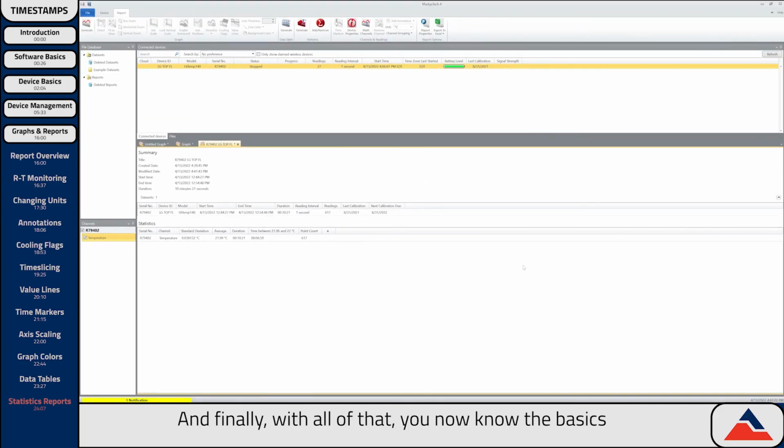And finally, with all of that, you now know the basics for using the MadgeTech 4 software in tandem with